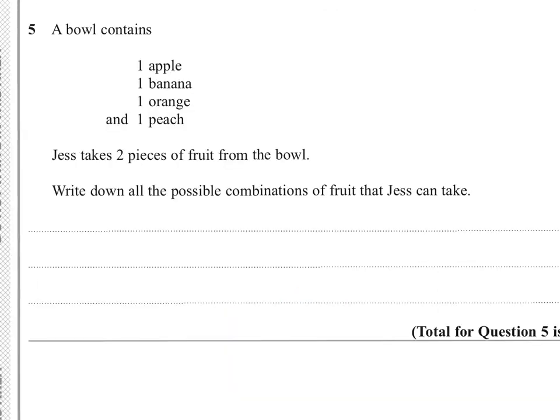A bowl contains 1 apple, 1 banana, 1 orange, and 1 peach. 2 pieces of fruit from the bowl are taken each time, and you've got to write down all the possible combinations. Well, we'll start with apple here, and we'll try and start with apple as many times as we can. And it wants combinations, so I'll explain that briefly to you. So apple and then